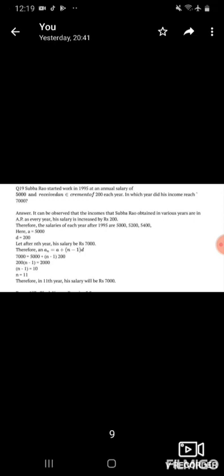So a is equal to 5,000, d is equal to 200, an is equal to 7,000. So an is equal to a plus (n minus 1)d. So 5,000 will come to the left side and it becomes 2,000. Now (n minus 1) into 200 is equal to 2,000, and n minus 1 is equal to 10. So n is equal to 11. So you can see at the end of the 11th year his